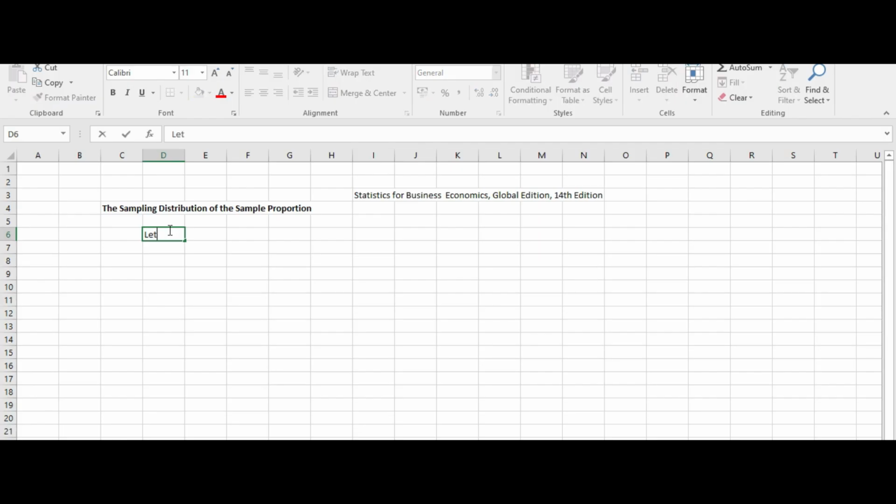Let's assume that we will tackle this one using Excel, about the sampling distribution of the sample proportion. Let's assume that there are 60% on-time deliveries from Shopee. So we are an employee in Shopee or whatever, and we are assuming here that there are 60% on-time